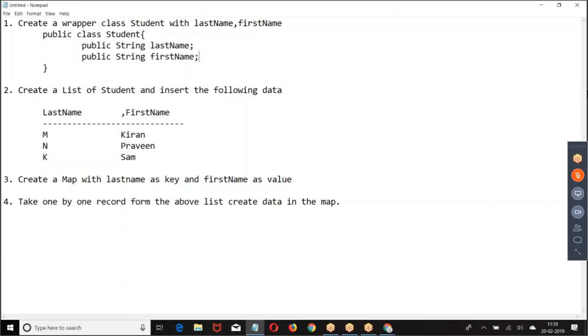What is the second step? Create a list of students and insert the data. Whatever data I have provided you, insert this data.